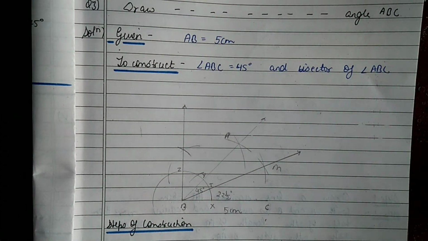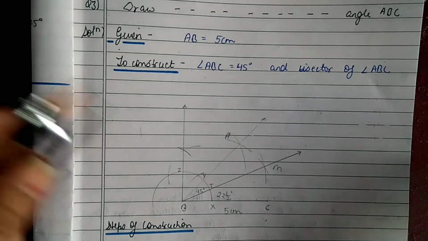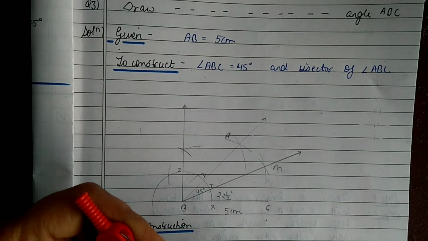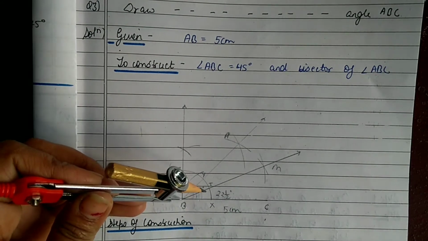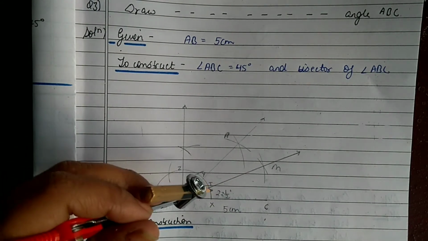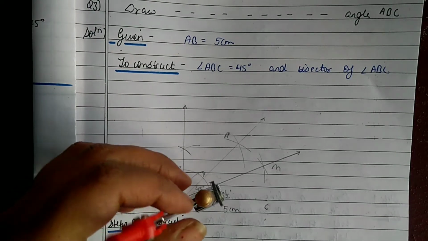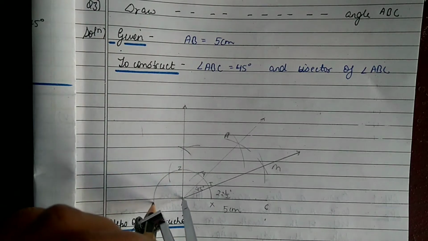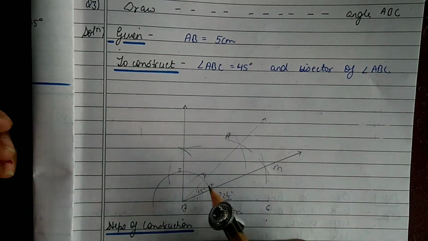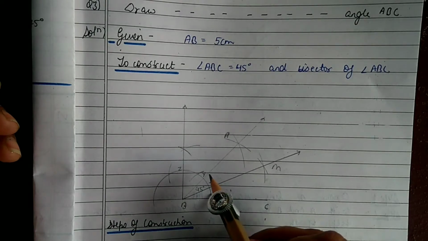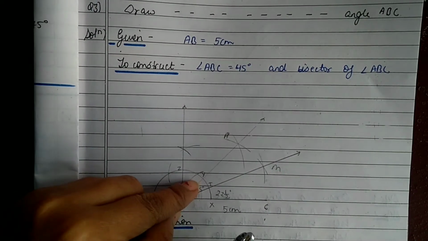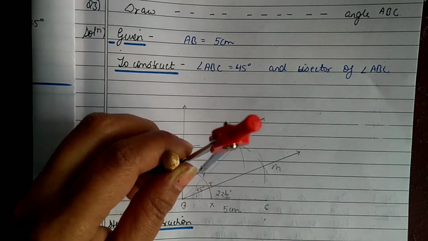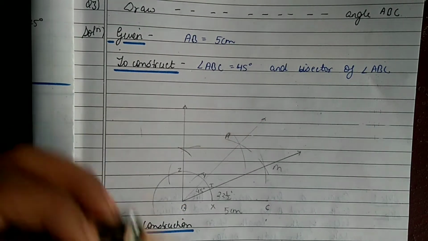First of all, we will learn how to make 45 degree with the help of compass. Yesterday I have already told how to make 45 degree in yesterday's video. First of all, you will draw a semicircle of any radius at point B. After that, you will draw 60 degree. 60 degree will be at Y. Then with the same arc, without disturbing the compass, make 120 degree.